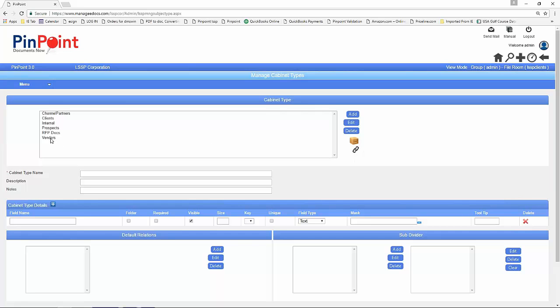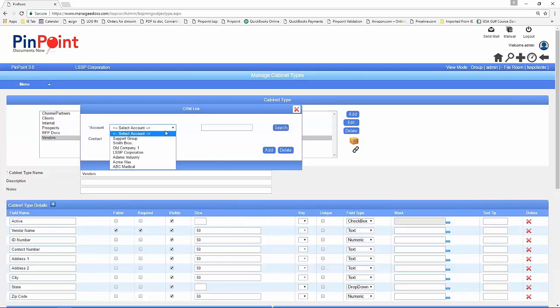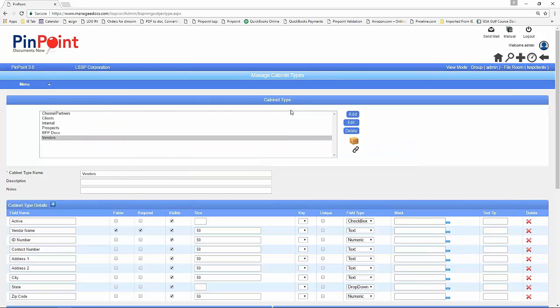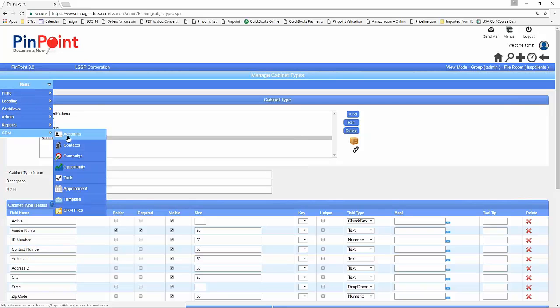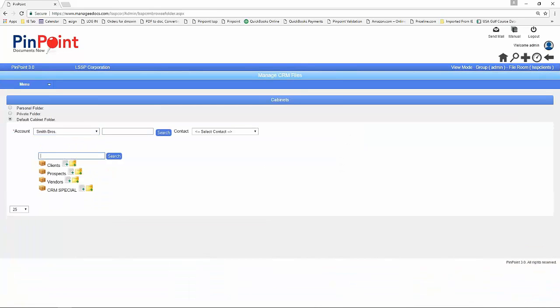So if I wanted to link, say, the entire vendor cabinet, I can hit this button, and I'm going to assign that to Smith Brothers, but only to the contact Adam Powers that they're related, for example. So by doing this, you will notice that now when I go in here under CRM, and I go CRM Files, and I take Smith Brothers, I could see clients and the vendors, but if